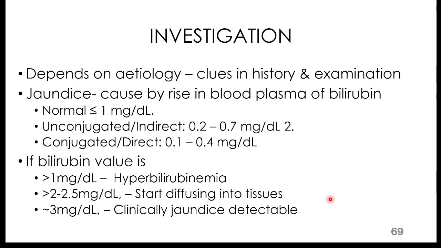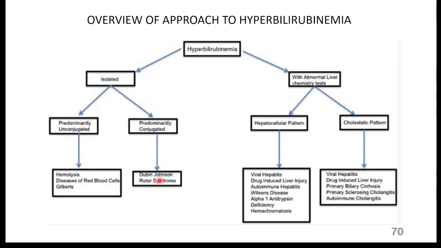Now, other investigations depend on the etiology. Of course, the first thing is to establish the level of the hyperbilirubinemia, so we want to check the serum bilirubin levels. Now, this is an overview of the approach. When there is hyperbilirubinemia, you will do liver function tests. If they are normal, in the sense that it's just the bilirubin that is elevated, but the liver enzymes are normal,